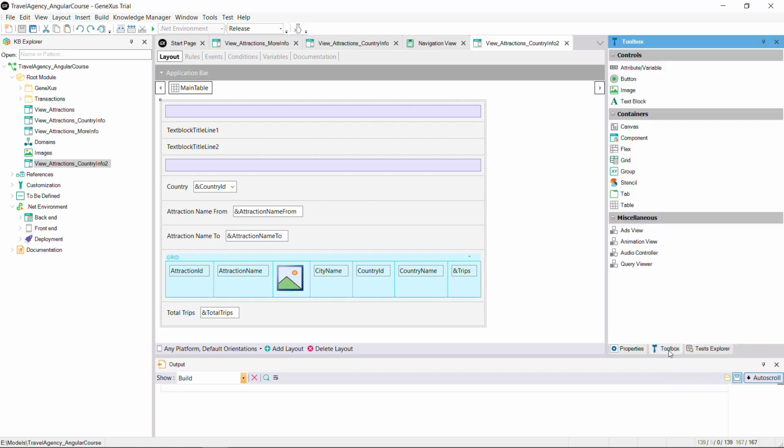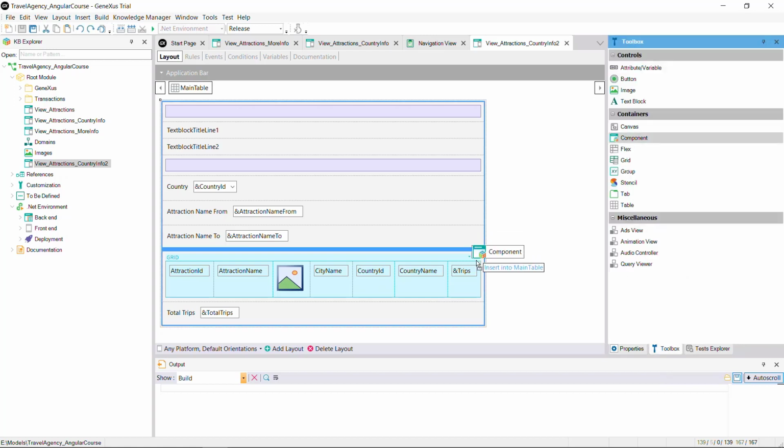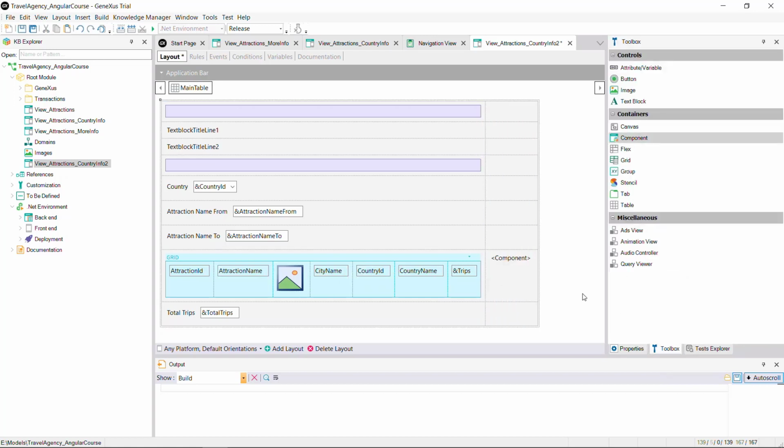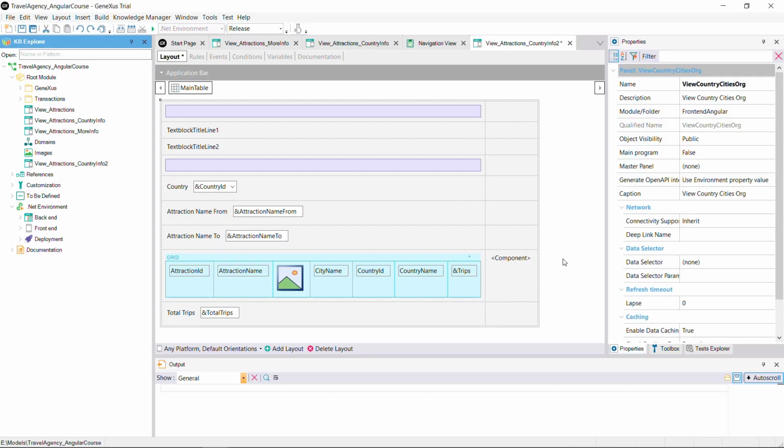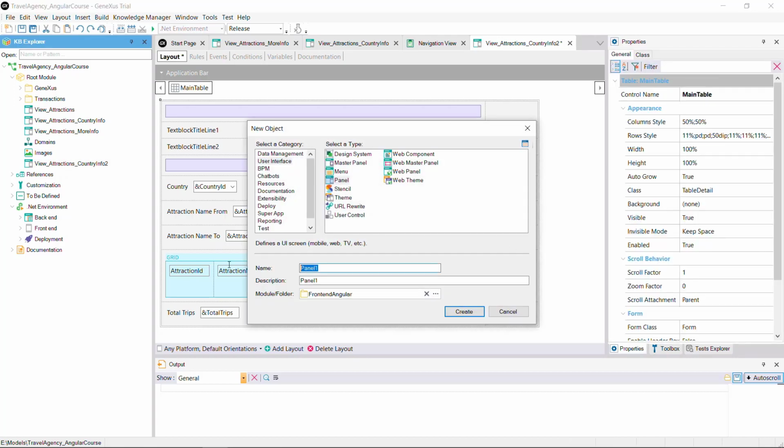To the right of the attractions grid, from the toolbar, we insert a component control. Similarly to what we did before, when clicking on the name of a country in the grid, the information of that country will be displayed. Now we'll create the panel to associate with the component. We call it View Country Cities,